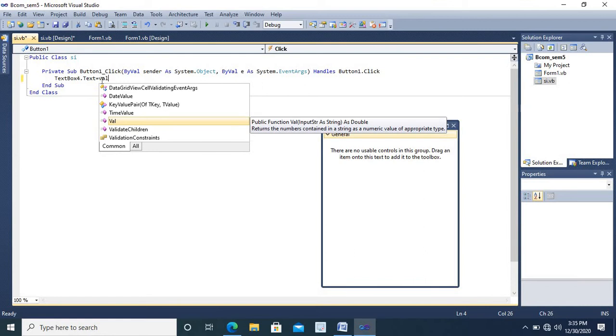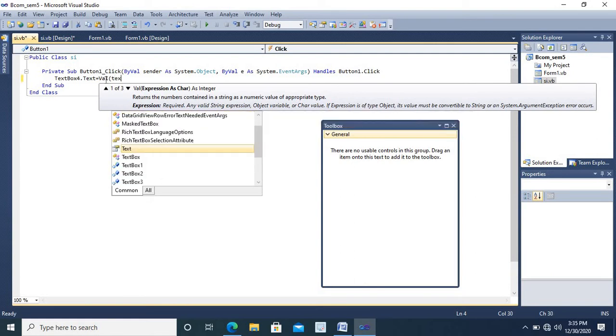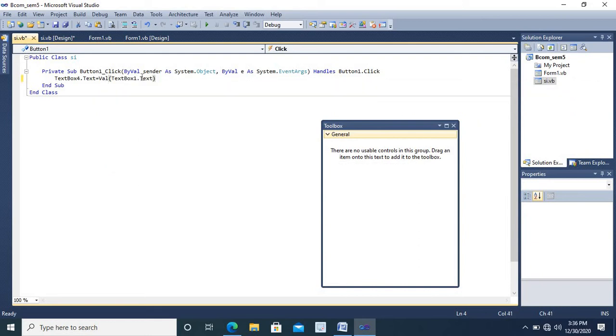We need to convert that value from text to a number. For that, the function Val is used. Val in brackets TextBox1.Text. This will fetch the value entered by the user in the first text box, and it will convert it into number format.